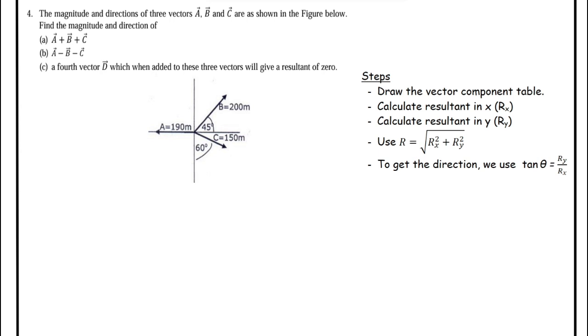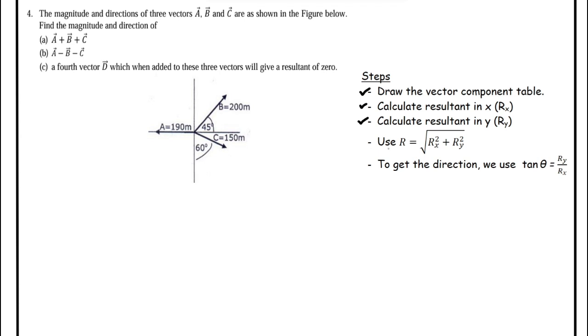When using the vector component method, we're going to follow a series of steps. Step 1 is to draw the vector component table. Now, what is the vector component table? We'll discuss that. After that, we calculate the resultant in X, which is Rx, and calculate the resultant in Y, which